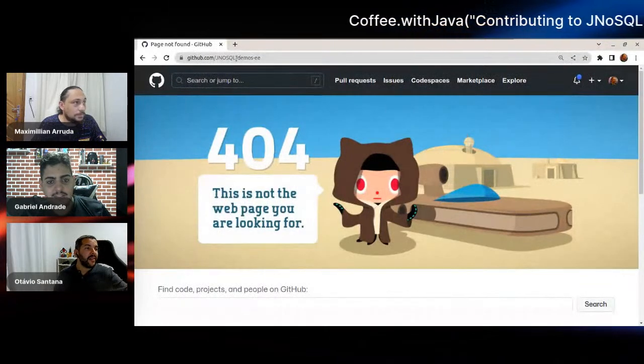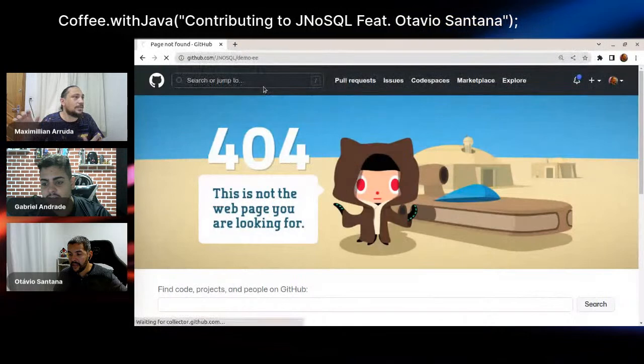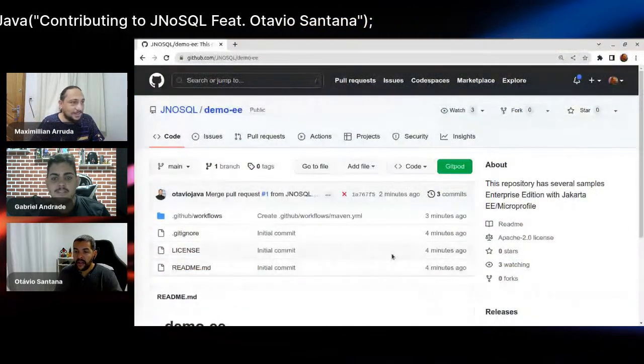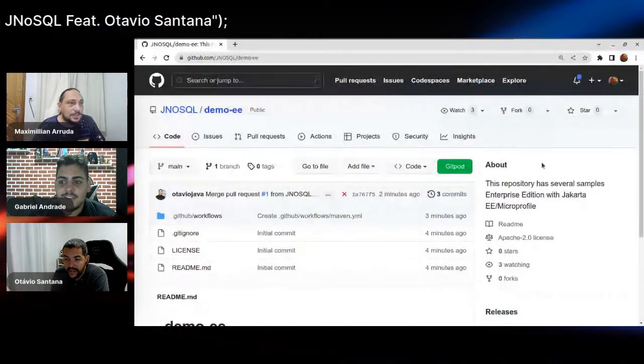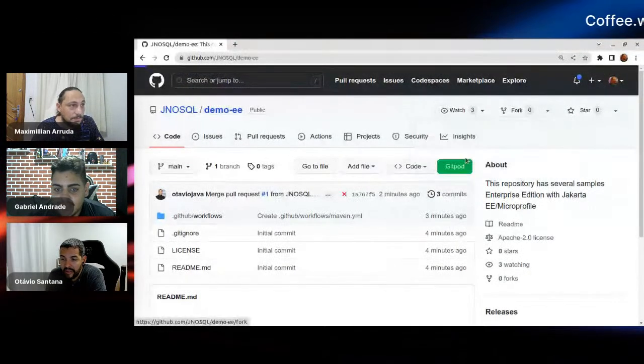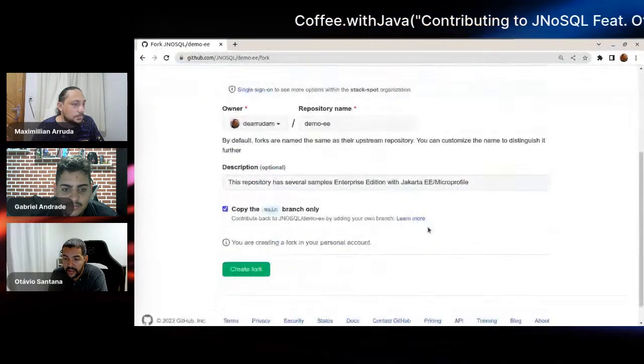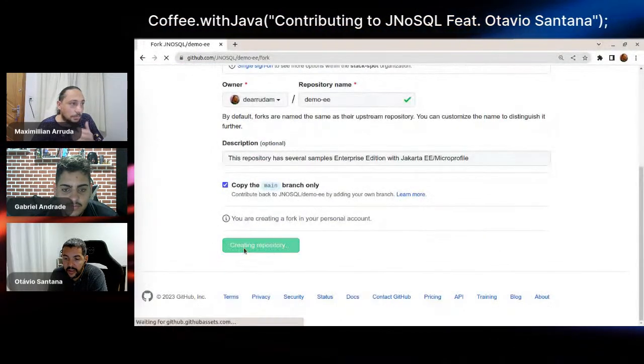Okay, demo EE. I will share the link again. Okay, demo EE. Got it. So I will fork it. You could do this on your side, guys. I will use my own user and fork it.